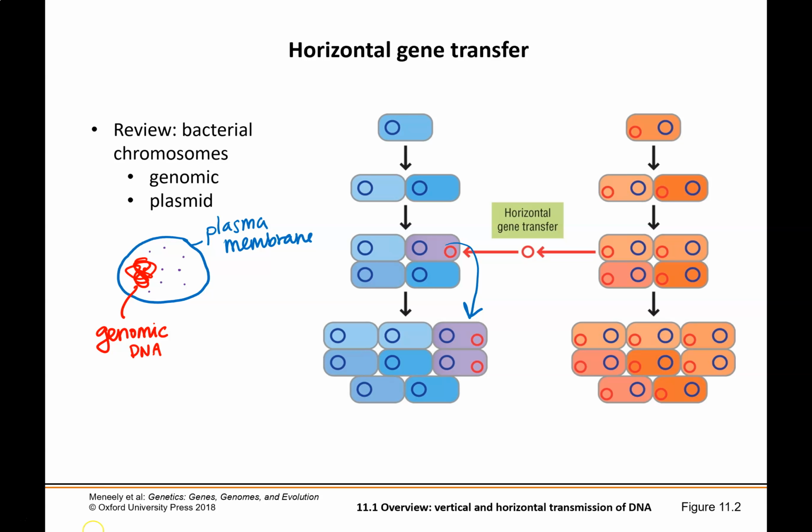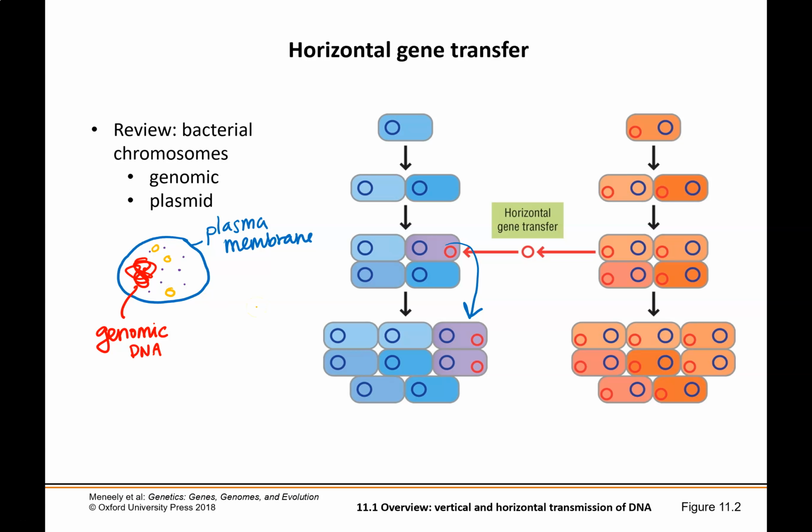Bacteria also have what we call plasmids. Plasmids are small circular pieces of DNA. There might be a couple or there might be thousands in a particular bacterium. And plasmids are what we call transposable. That means that they can be transferred from one organism to another. And very often within a population of bacteria, it is those plasmids that are transferred.